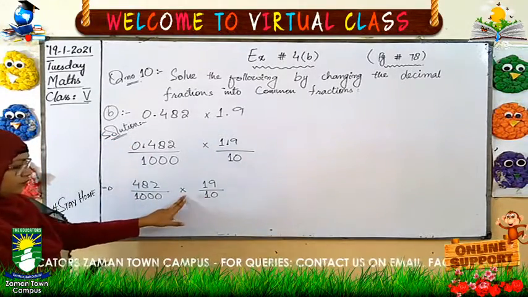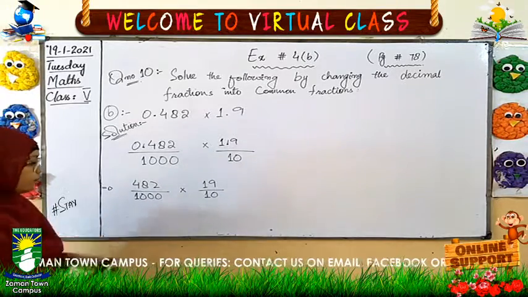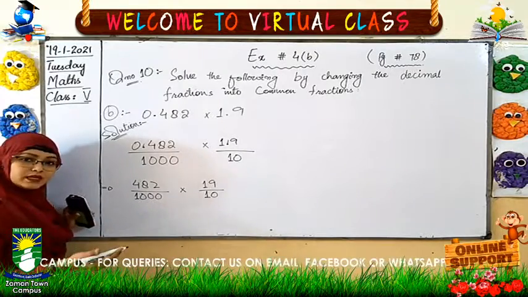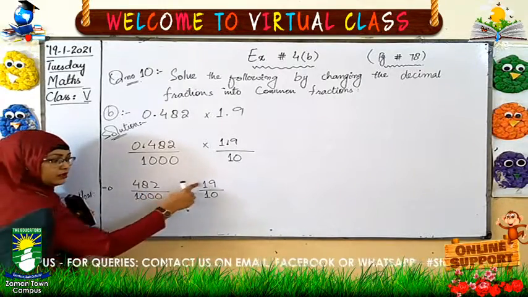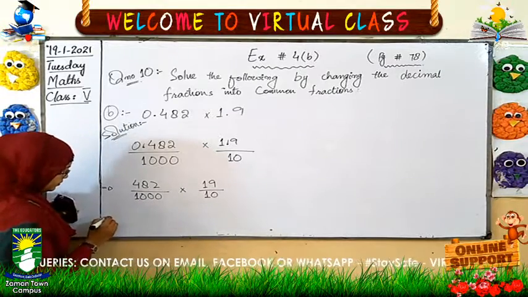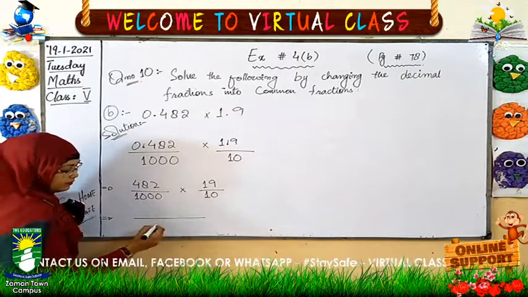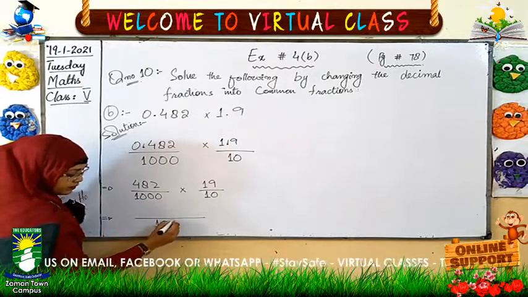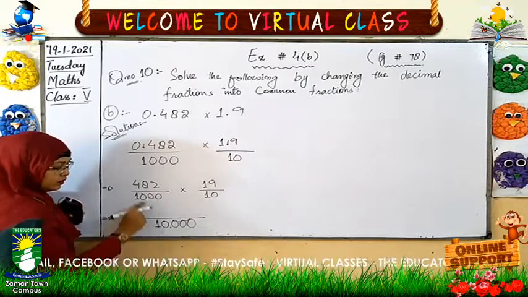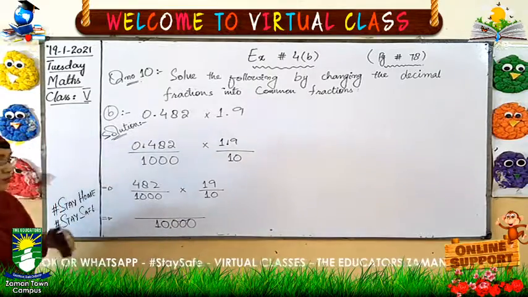Okay. Now what do we have to do? Which sign is it? It is multiplication. So we have to do the multiplication. And how do we do multiplication? As I have told you, while doing multiplication, we multiply numerator by numerator and denominator by denominator. So 1000 multiplied by 10 will be equal to 10,000. 1, 2, 3, 4. We have made 4 zeros. And then